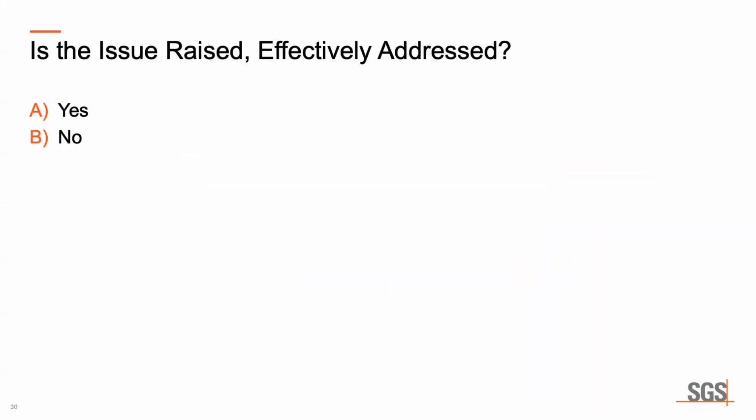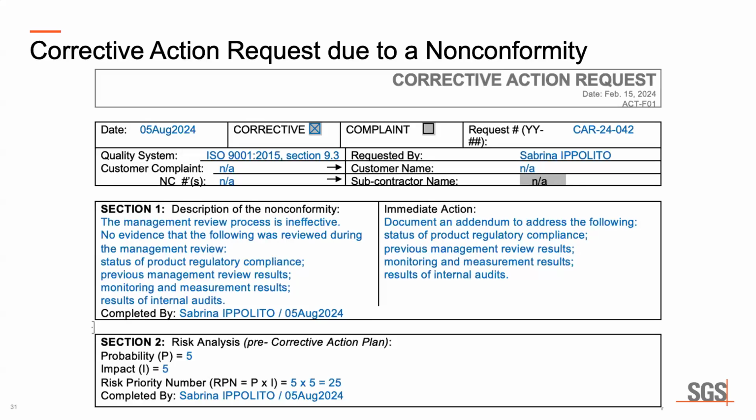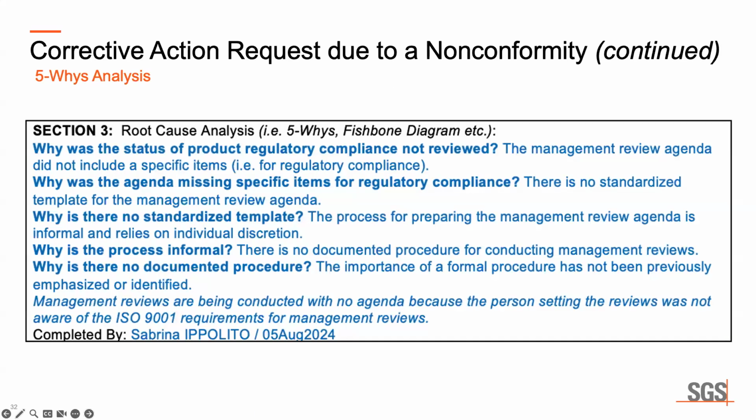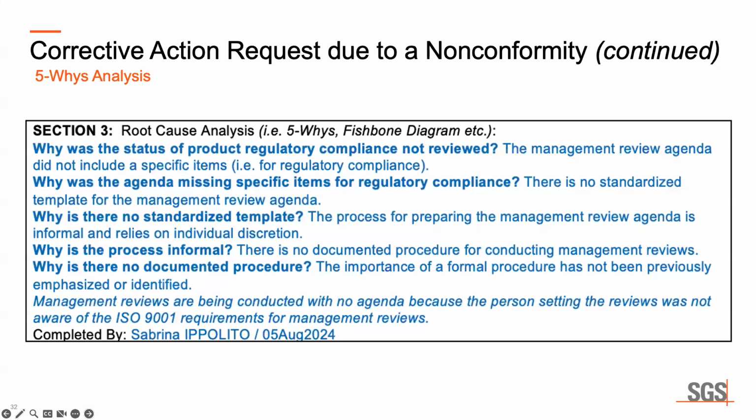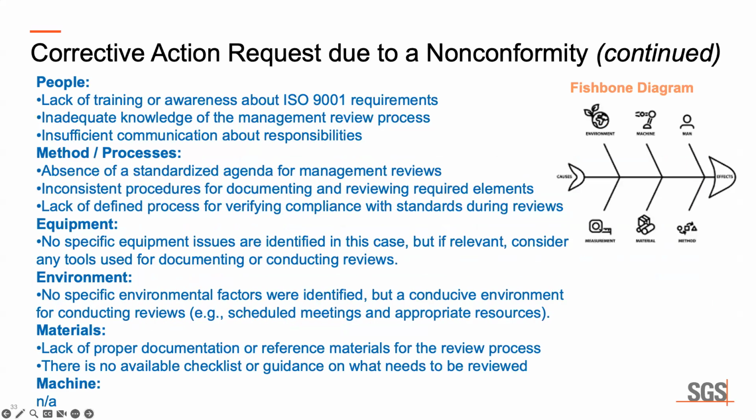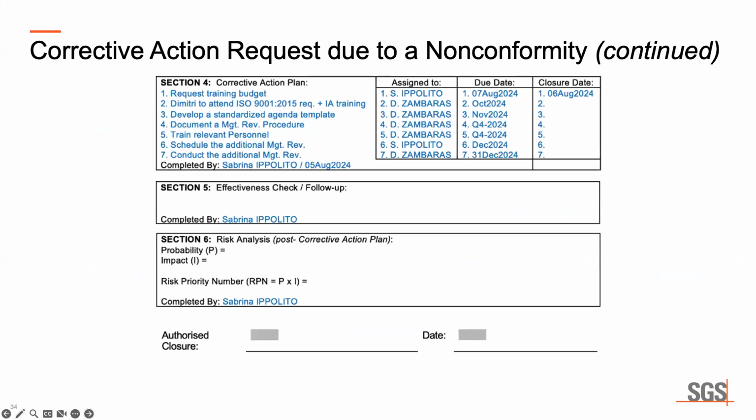Then I decided to do a risk analysis. Section 3 is the fun stuff. This is where we use our creative juices. In section 3, I happen to use the why analysis because that's what I felt comfortable using. Somebody else might say, well, Sabrina, I feel comfortable using a fishbone diagram. That's fine too. You might decide to use a fishbone. And then based on what you found from either using a 5 whys or using a fishbone, you will document what the corrective action plan looks like.